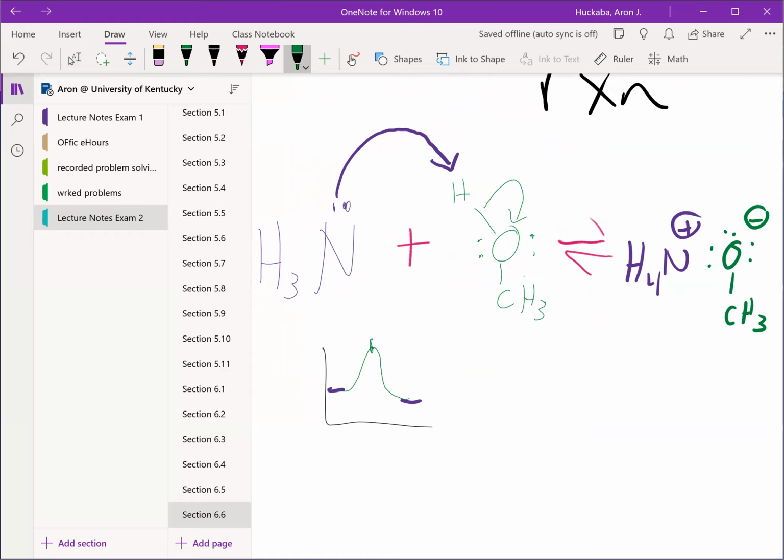Because the electrons are physically taking this proton. So the transition state,